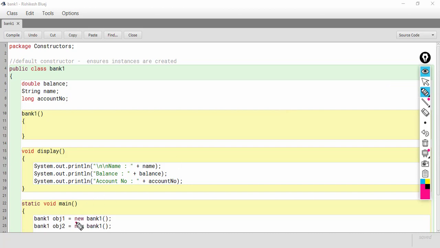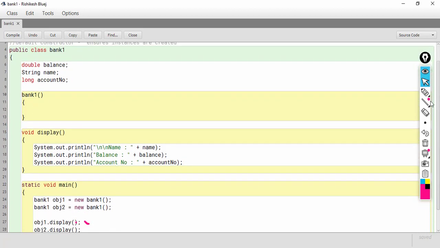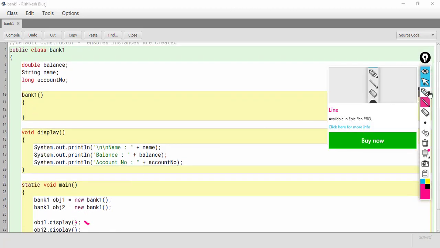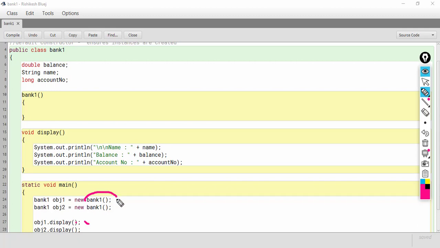If the default constructor is not there, what will happen? When we create an object of the class, the call will be made to the constructor, but that constructor will not be present. So that is the reason why the compiler puts a default constructor. I hope this point is clear.